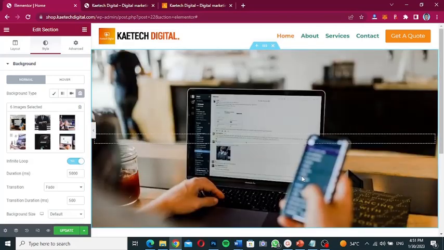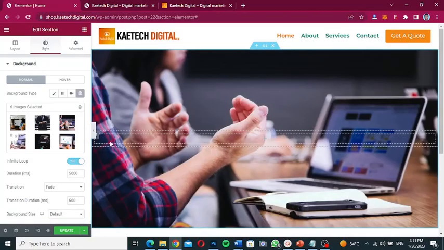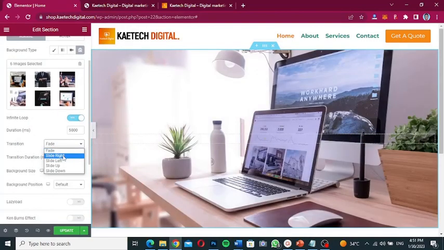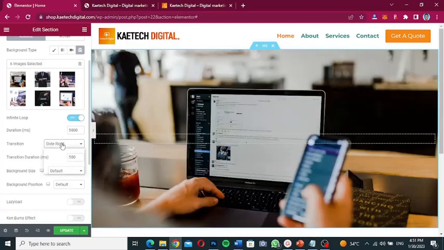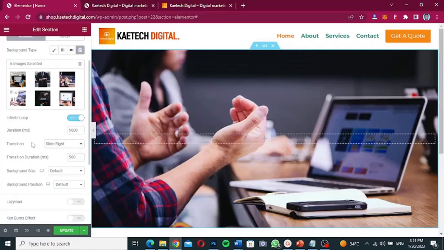Just allow it to load, and then you're going to see all the images changing and looping the way you want it. You can go ahead and do some settings over here. With a transition, you can decide to make it slide right, fade, slide left, slide up, slide down, anyhow you want it. But I think slide right is what I want. Now that I'm done with this one,